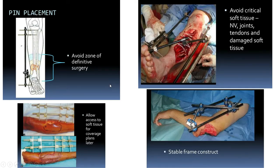Now pin placement has to follow some rules. The most common site of non-union is the distal 1/3 of the leg, the most common site of dangerous injury is here, and the most common site of avascular necrosis or avascular problem is here. So avoid this area for pin fixation, and avoid critical soft tissue, neurovascular bundle, or joint and tendon which is already